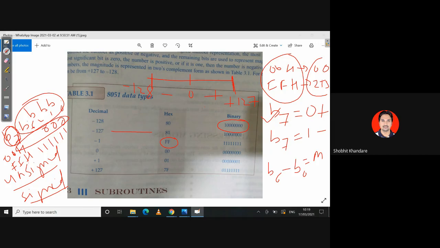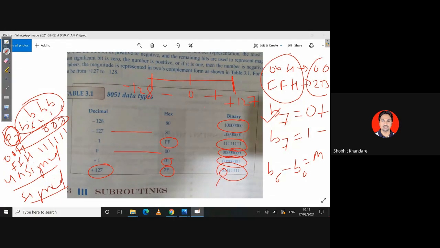The binary representation is all ones. Then for 0 it is 00, all zeros. As you go to the positive numbers, for +1 it is 01, and the representation is in this format. And for +127, the representation is 7F, and it is shown in this manner. So it is plus. Can you see the MSB bit?